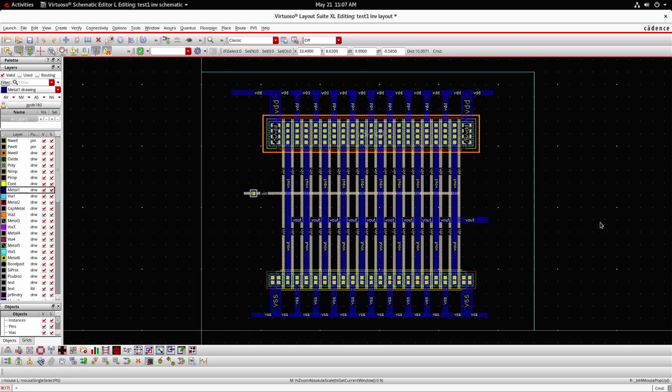This is the layout. After drawing the layout, I need to go for the physical verification. That is, to check that my layout is free of design rule violations, and also that the layout is matching with the schematic. Once it is done, then we can go for the final simulation, that is post layout simulation. To perform that, the first step is I need to connect the library, the respective technology library.